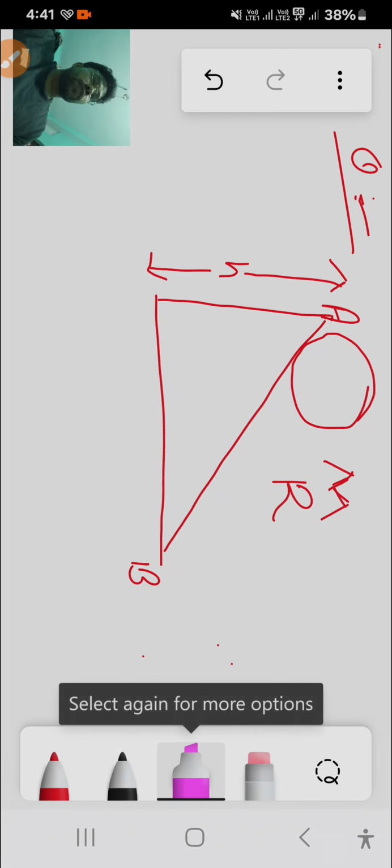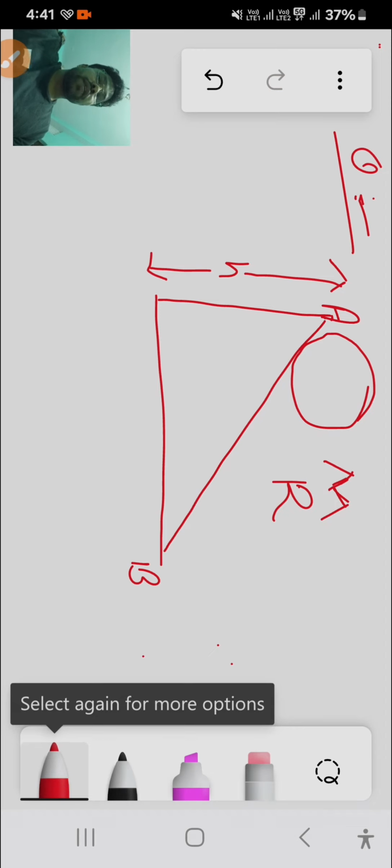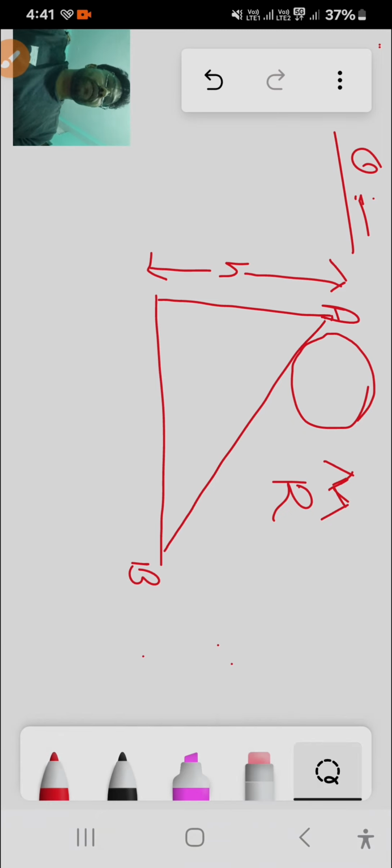So first of all, we should know, to apply the conservation of mechanical energy, only conservative forces should do work. But here the solid sphere is also rolling, and in rolling motion, sometimes frictional force also supports the rolling motion. But